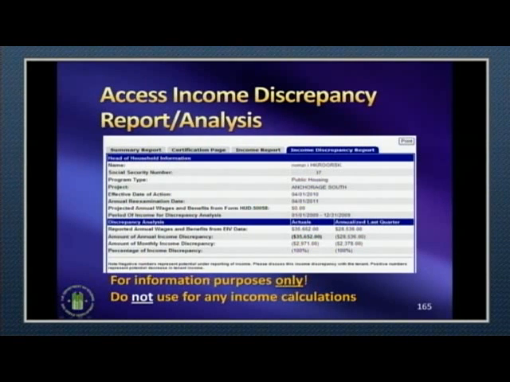This is the taboo page. Do yourself a favor. Don't even click on it, okay? It's there, but don't click on it. It's for information purposes only. Do not use for any income calculations. Don't waste your time trying to back into how we came up with $35,652. If you insist on looking at it, just know that you need to have